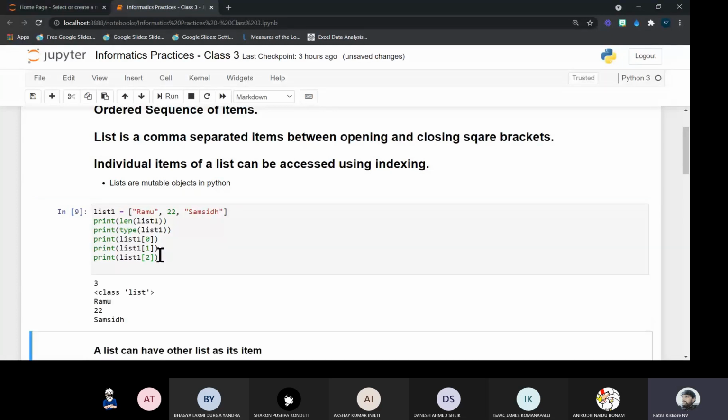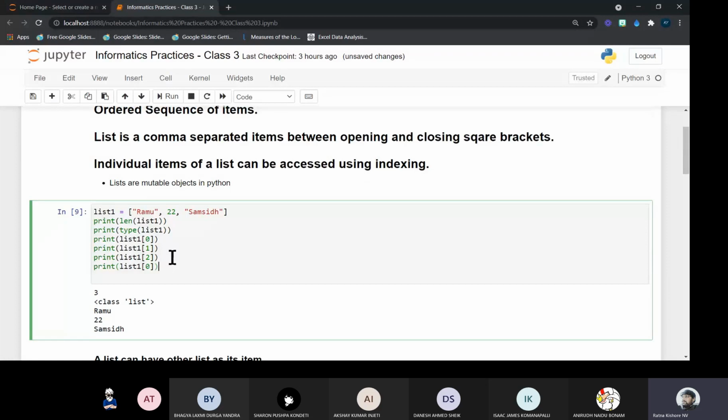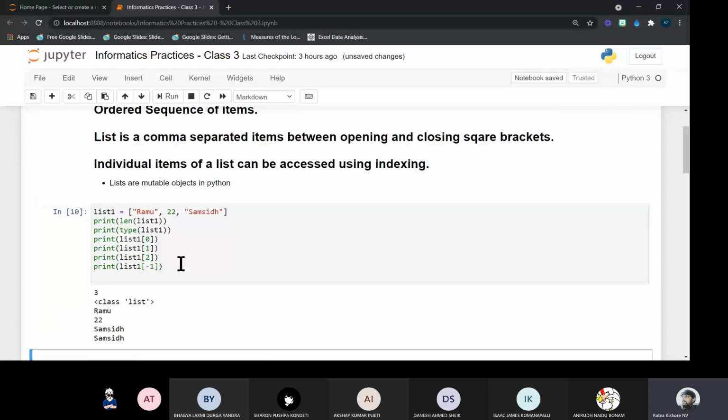Okay. So like strings, here also you can use negative indexing. In the case of negative indexing, the last element in that list will have index negative 1. Then I can access the last element with index negative 1. Then I got the college, which is the last element in that list, that is the third element.